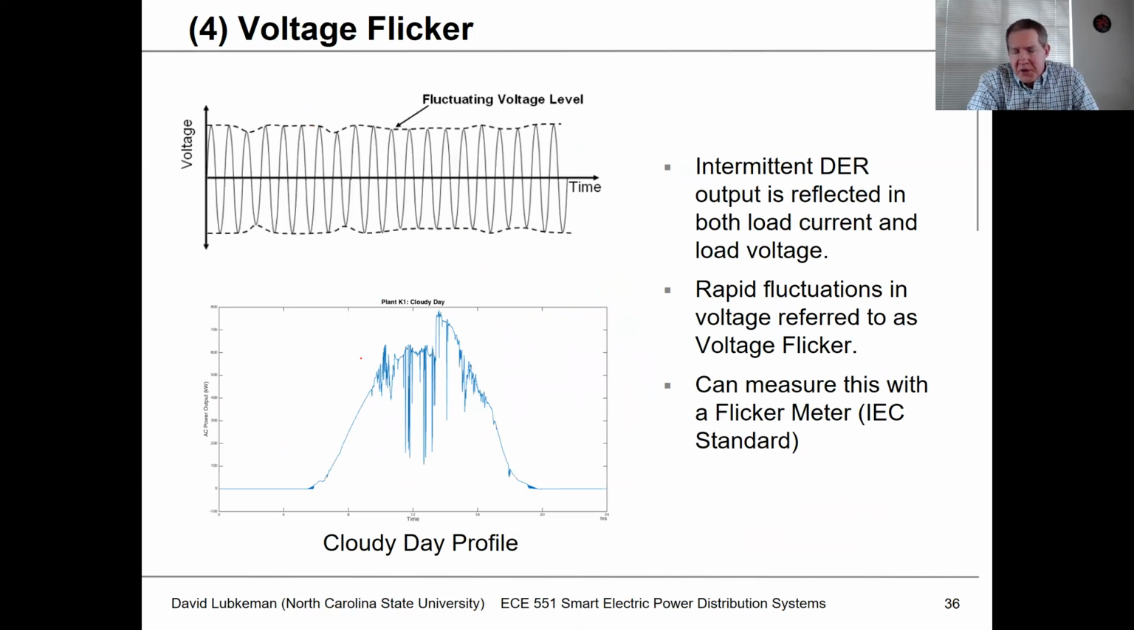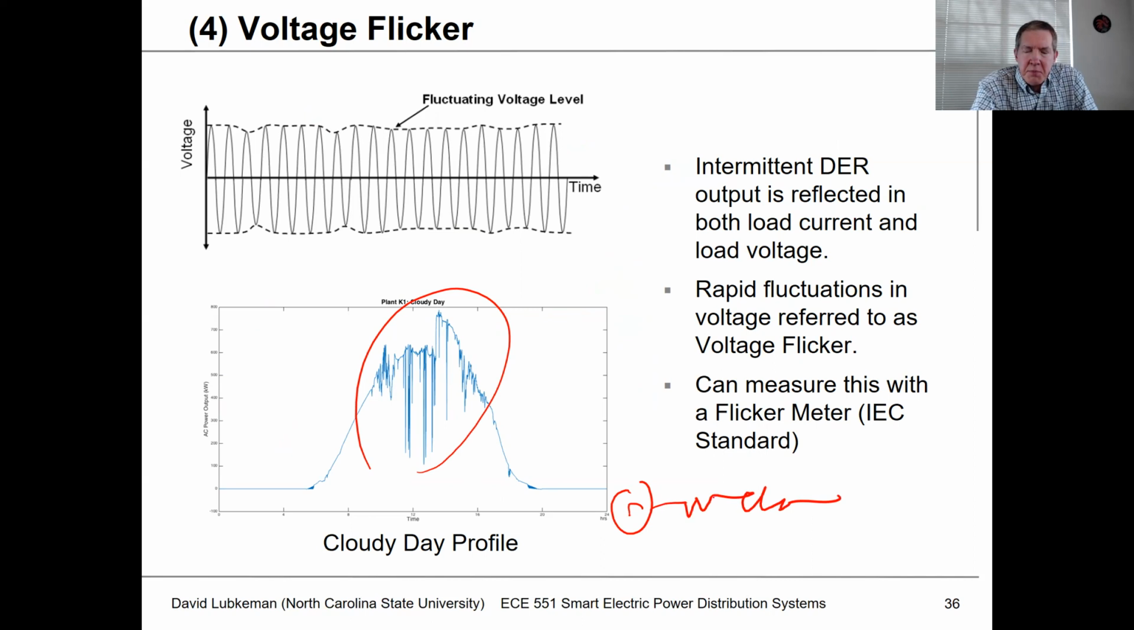There's also voltage flicker, and what causes voltage flicker is the intermittent output of some of these sources. So if you have cloud cover, it can cause the power output to go from 100% of rated down to say 30% in a matter of seconds, right? Maybe like 10 seconds or so. So the issue is that if I've got a source, and let's say the source has some impedance,